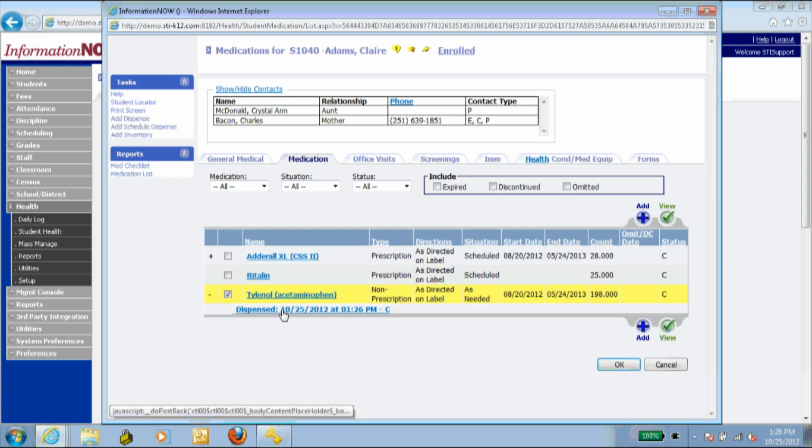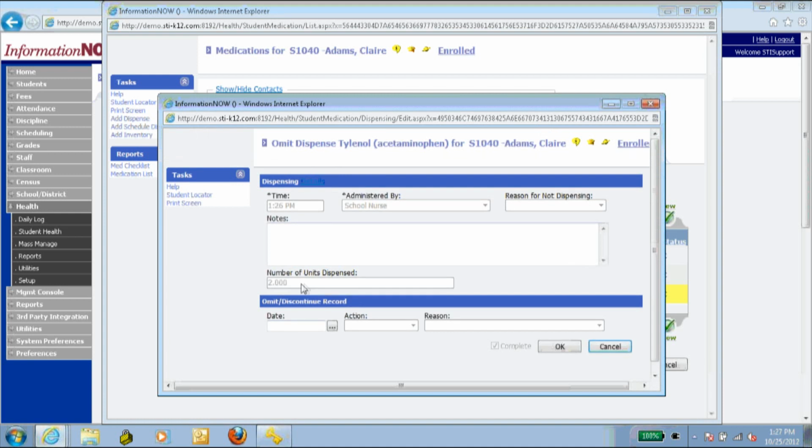Okay? So that pretty much does it in terms of adding medication. It's pretty straightforward. You just go through the fields and fill them out as you need to. Again, scheduling the dispensing is very easy. You just put in the time you'd like to dispense and mark the appropriate days, and it will create an automatic dispensing record for you for every day that medication is scheduled between the start and end date. So let me take you back through and show you how to dispense the record, or to omit the record. We're going to start with the completed